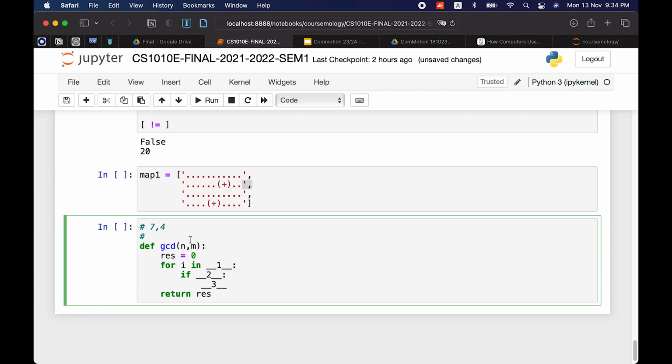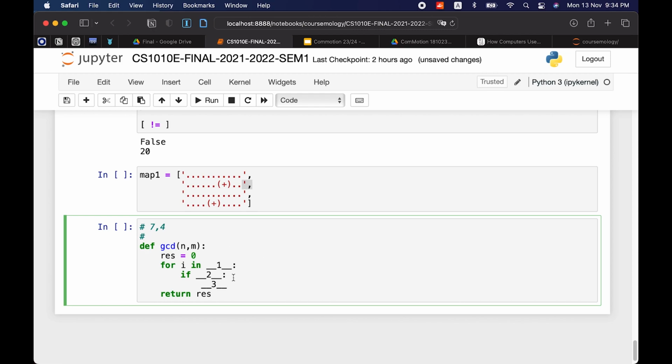So let's say I have 4. You can start searching from 4, and the number itself can be the biggest common divisor. If I start from 4, what if 7 can be divided by 4 completely?